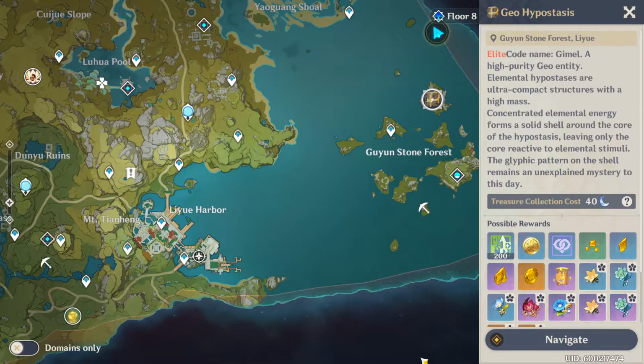Today we are going to be looking at the Geo Hypostasis. Again, you're going to need the Geo Hypostasis for all of your Geo character ascensions, and if you're looking for him, you can find him in the bottom right of the map, just east of Leeway